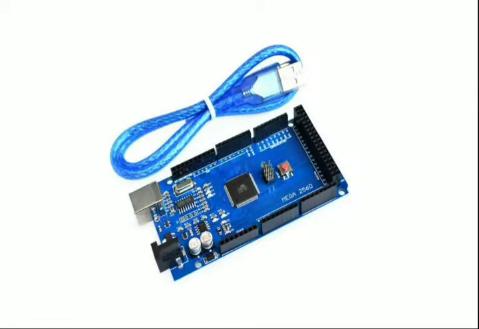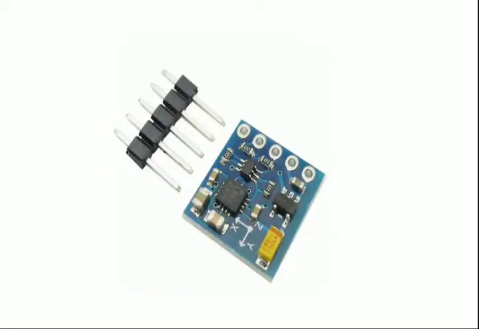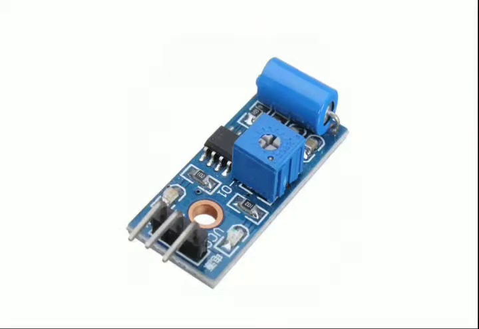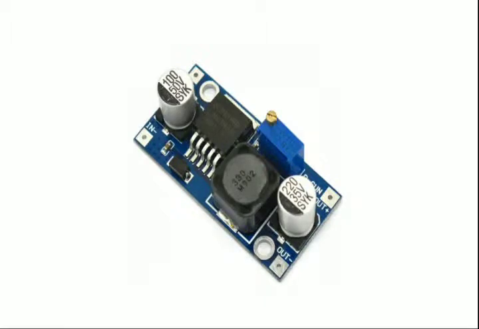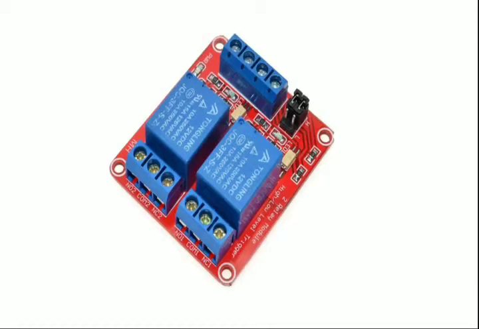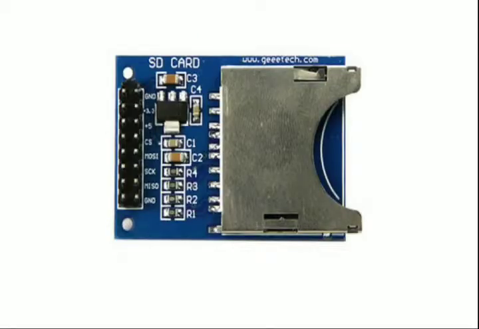We will use the Arduino microcontroller and a magnet sensor to measure the vehicle heading, and the gyro sensor for the car position. The vibration sensor calculates the vibration of the car, and the step down voltage converter is used to convert voltage. The RTC module gives us the time. We also need a two channel relay module, and we save all our data into a micro SD card with the micro SD card module.